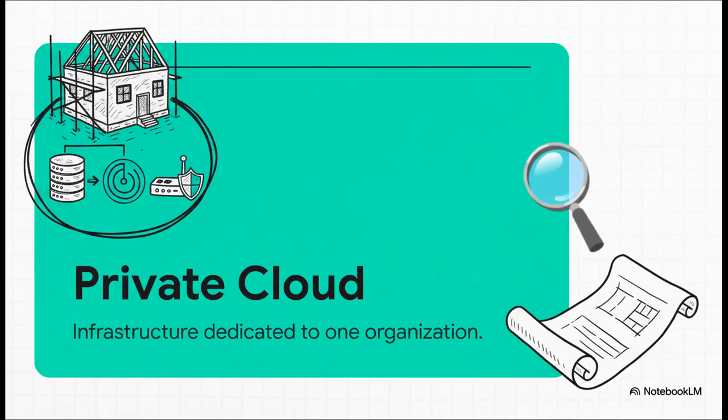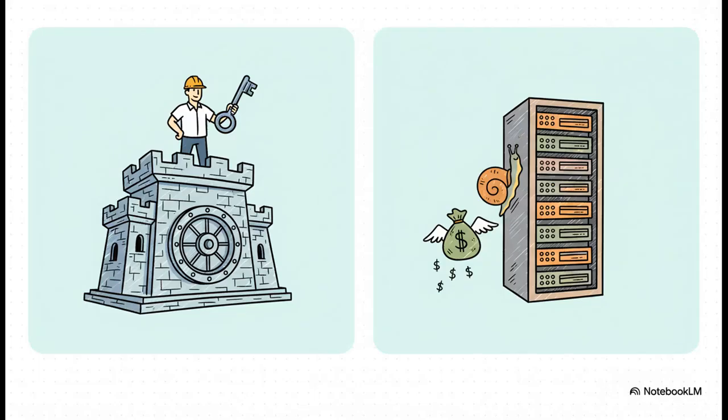Next up, we have the complete opposite, the private cloud. If the public cloud is renting that apartment, this is like designing and building your own custom mansion from the ground up. Every single thing. The servers, the network, the security, it's all yours, built exclusively for you. With this model, you're making a very deliberate trade. You're giving up the speed of the public cloud in exchange for maximum total control and security. Yeah, it's super expensive and way slower to scale, but you get the final word on every little piece of it. You're basically building your own digital fortress.